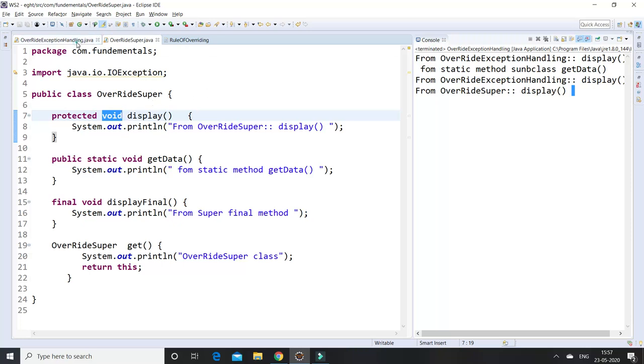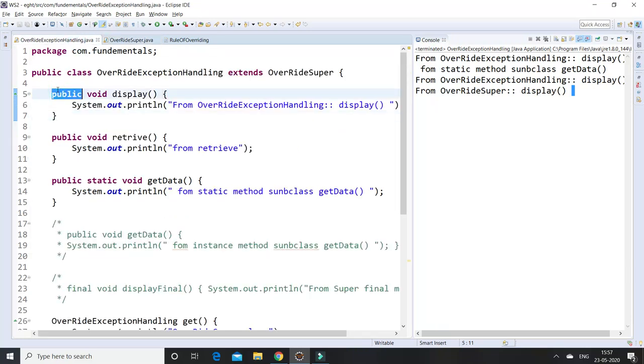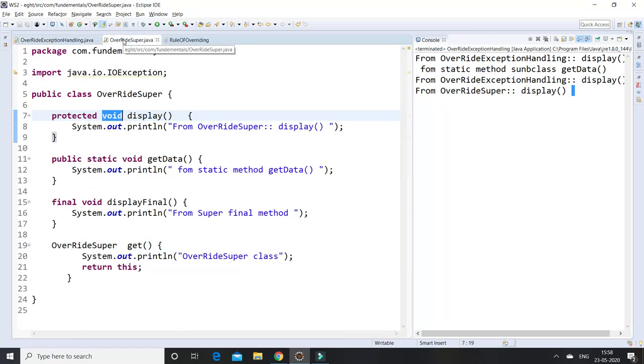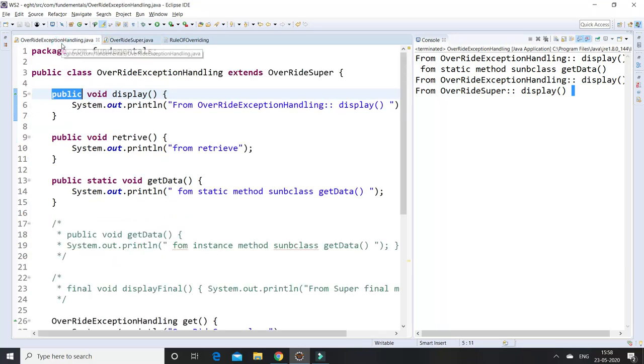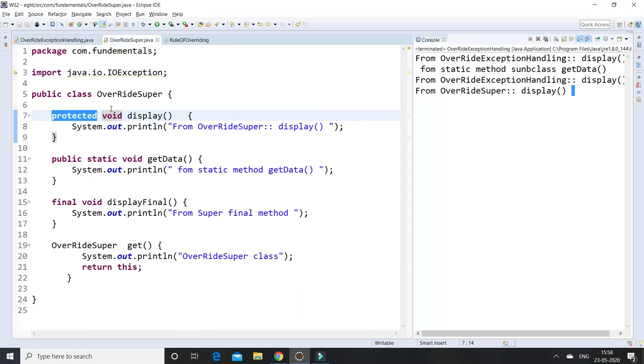Here the access specifier is different, so it is also one type of method overriding. Protected in the parent, we can declare public.